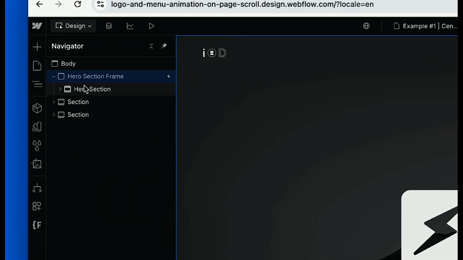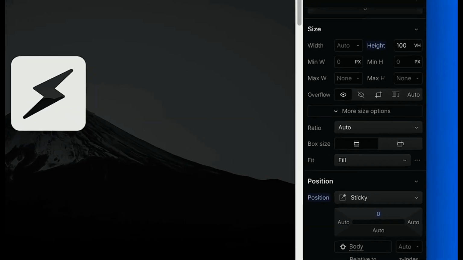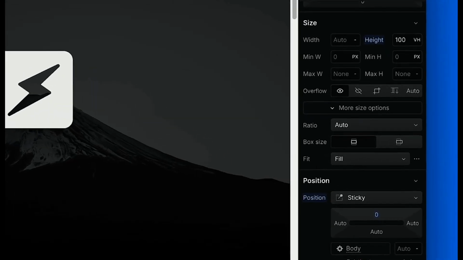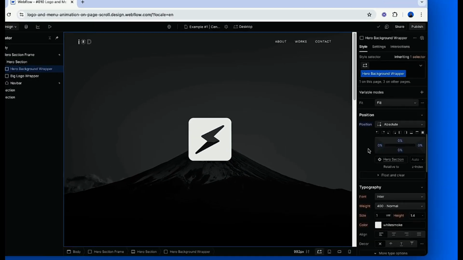The first element we meet is the hero section. No super special thing to highlight. I mean, we of course wanted to beautifully take up all the available space inside the viewport, so we set its height to 100 VH, and we already said we wanted to firmly stick at the top of the viewport while scrolling. After expanding the hero section, we come across the hero background wrapper, which is just an absolutely positioned